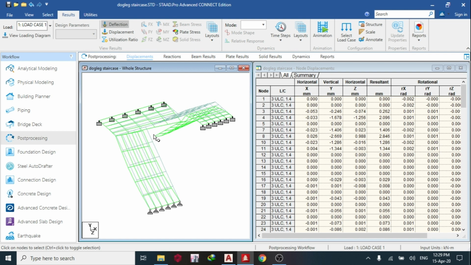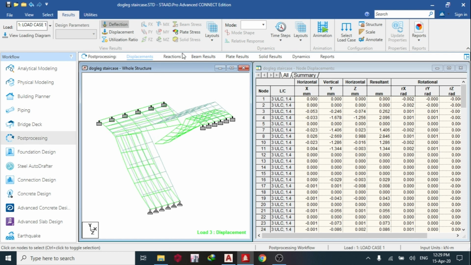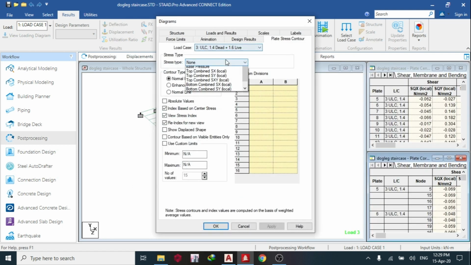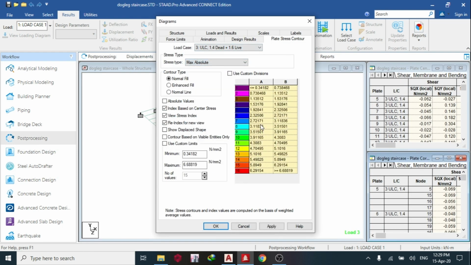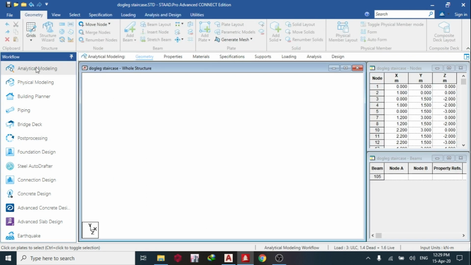Okay, so after that, the next thing I'll do now is check my plates, my maximum absolute stress. So you can see it's fully stressed. I can see with 150 it is highly stressed. So I'm going to increase the strength of concrete, and let's see what will happen if I reduce the strength. Okay, so going back to this mode,